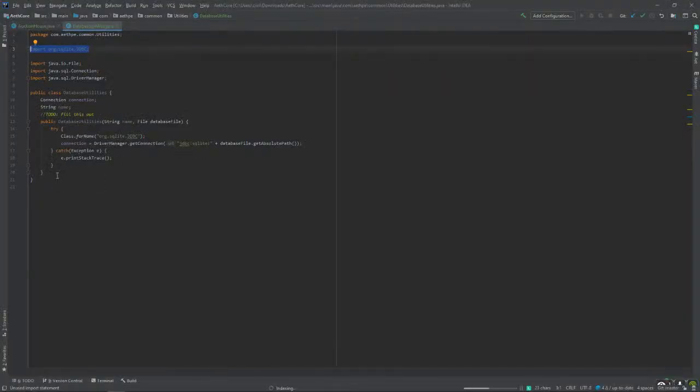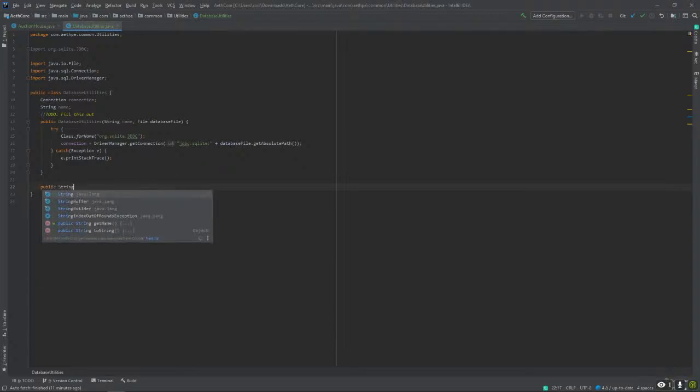So from here, I'm going to make a function called getString. Public string getString, and then I'm gonna have the string as the query.